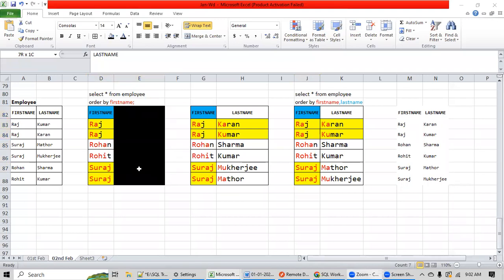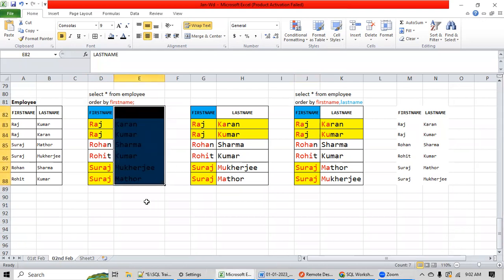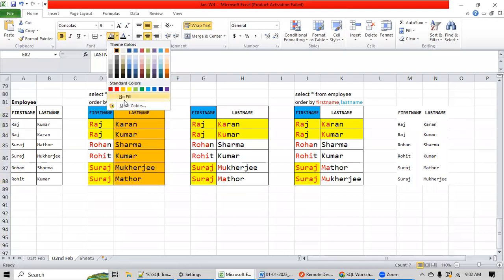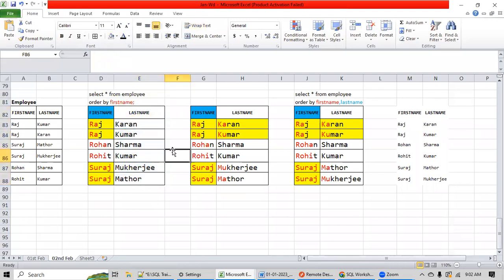So when I'm ordering it by first name, next time when I execute, Raj Kumar might come before Raj Karan, right? Sometimes. Sorry, your voice is breaking. Can you repeat? Actually, when I'm sorting by first name, as the engine is taking random if the first name is matching, next time when I run the query, I might get Raj Kumar above Raj Karan, right? That is okay. Yeah.